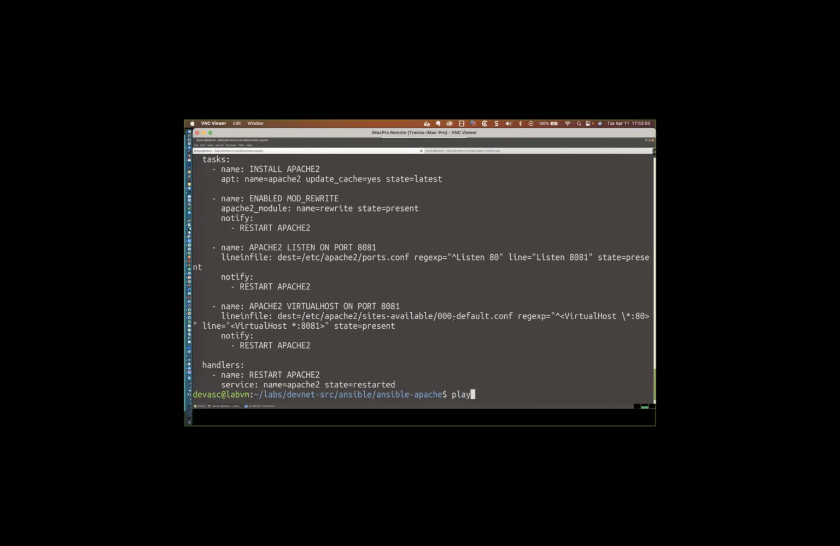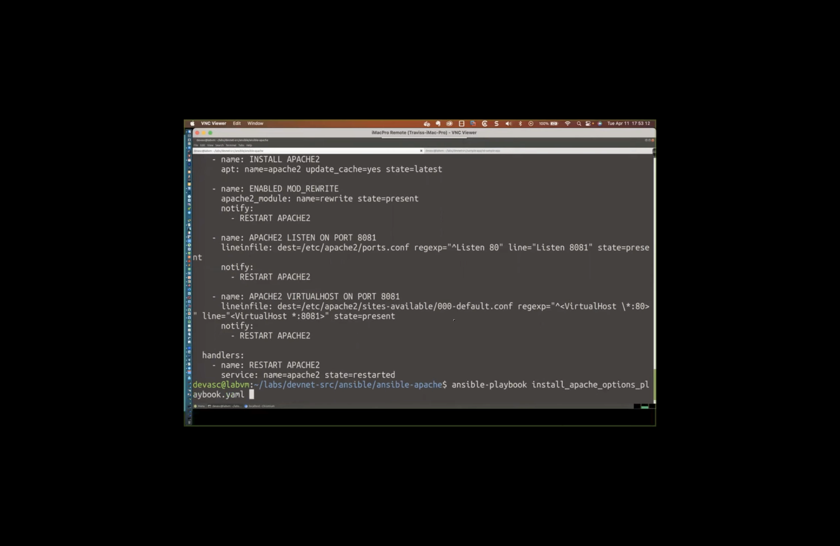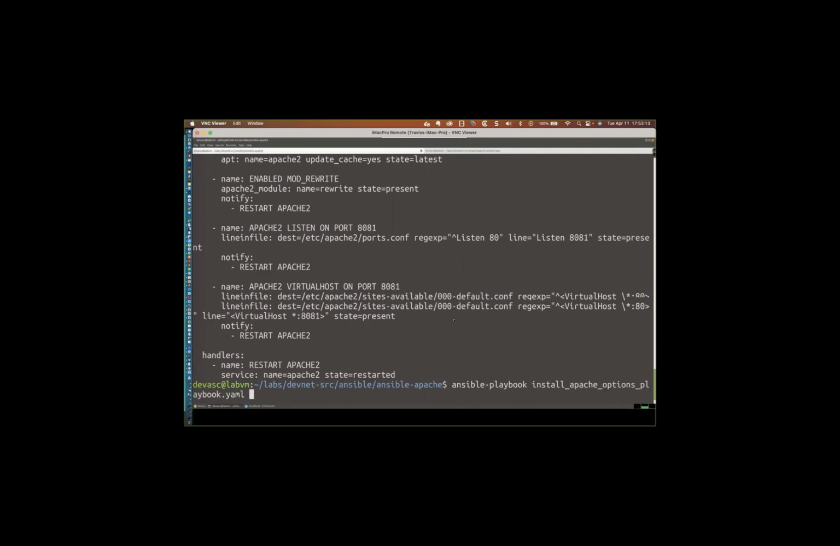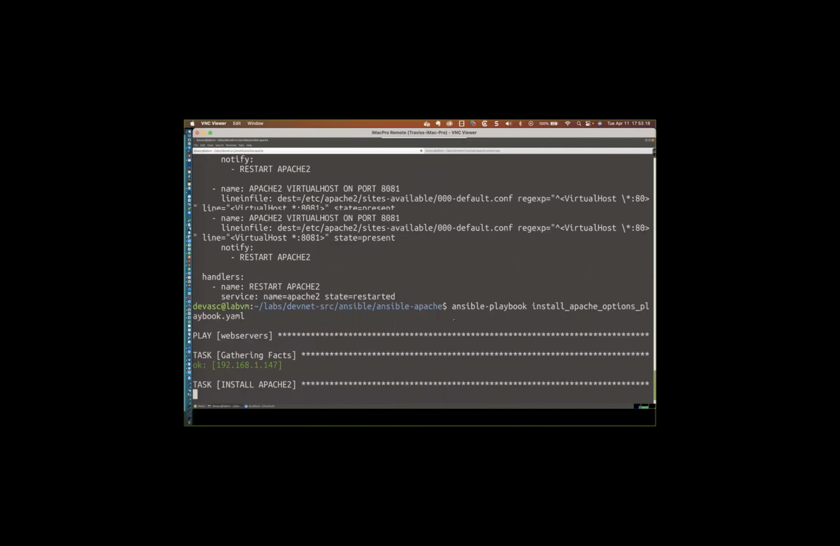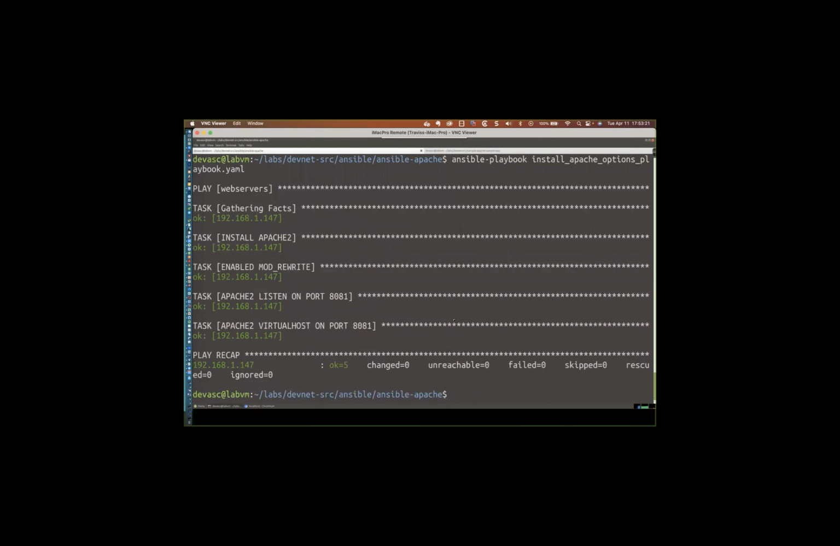Oh, sorry, not playbook. So I want ansible-playbook. And we're going to say install Apache options. And let's hit enter and see what happens here. And hopefully, when this is done, we should be able to hit that server on port 8081. Okay, so everything went well. We've got green lights all the way down. So I should be able to come down here and we should be able to hit